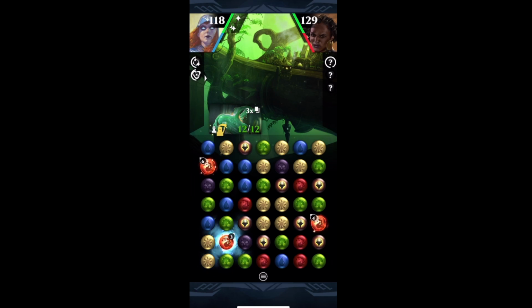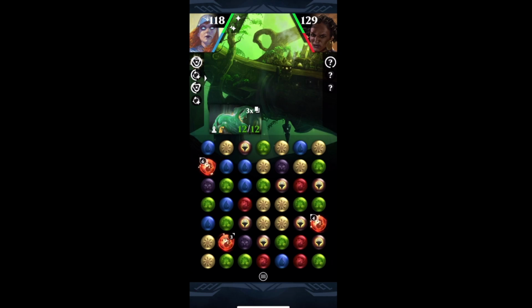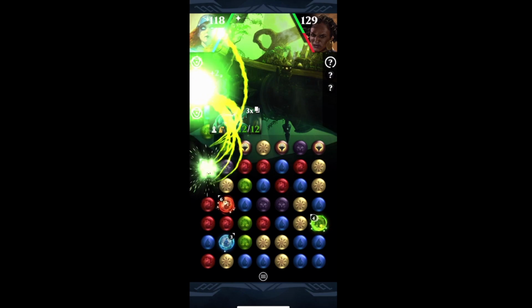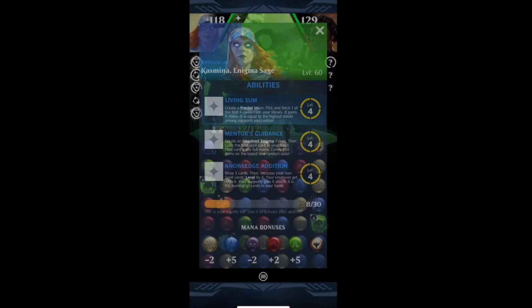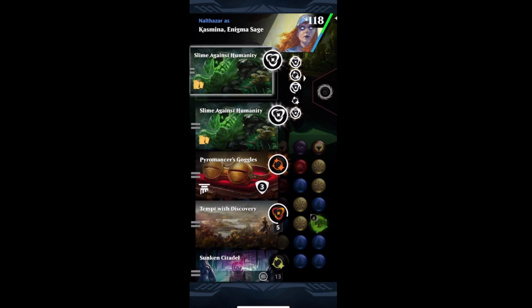I'm going to take another free Ooze from my graveyard to the Ascendancy, and that means that I'm going to be able to use my second. So here you're going to see me activate Kasmina's second ability, and then this is not only going to give me another Ooze, but it's going to give me a whole bunch of loyalty. I'm at 8 out of 12,